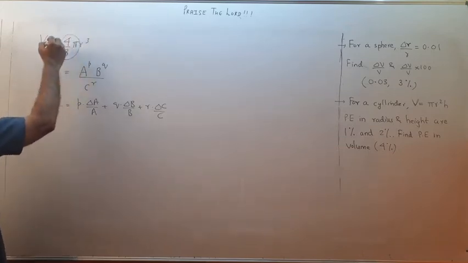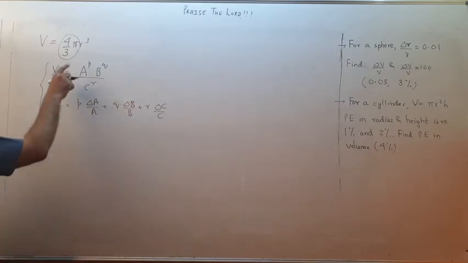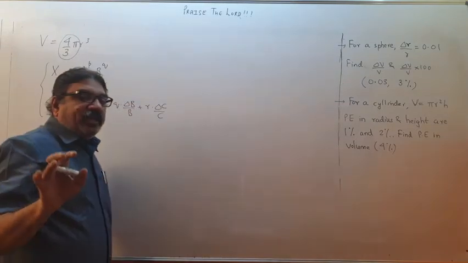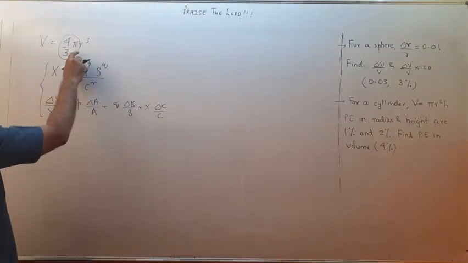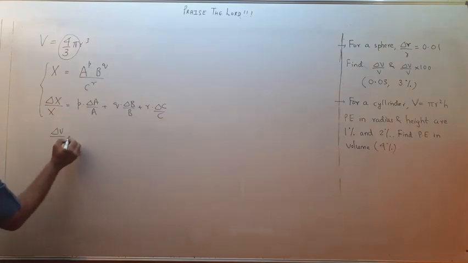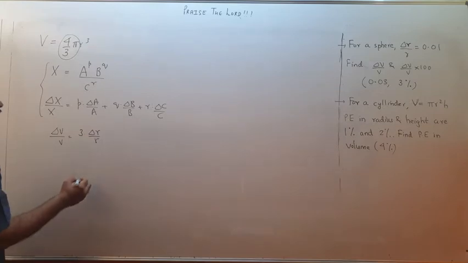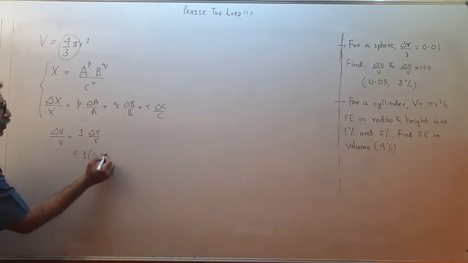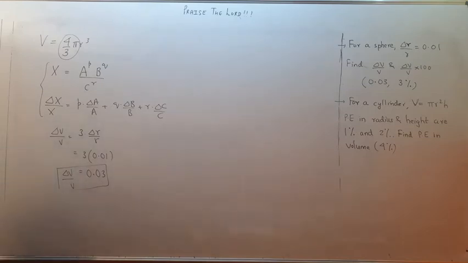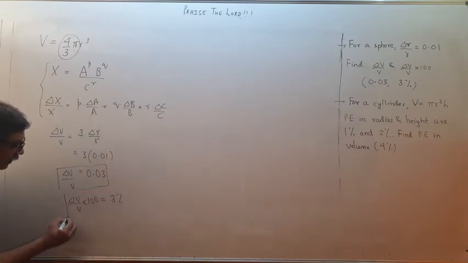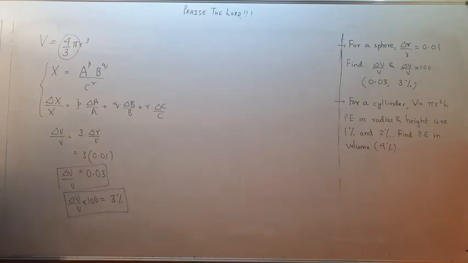So connecting this formula, here we go. See, 4 upon 3 pi is constant, so that will not come in this. Only quantities will come, constants will not come because there is no error in constants. So we neglect the constants and think only about v and r cube. So delta v upon v will become 3 times delta r upon r, and that will be 3 into 0.01, and that is 0.03. This is the relative error in volume. If I want percentage error, very easy. Delta v upon v into 100, we multiply both sides by 100. So this into 100 will be 3%. This will be the percentage error in volume.